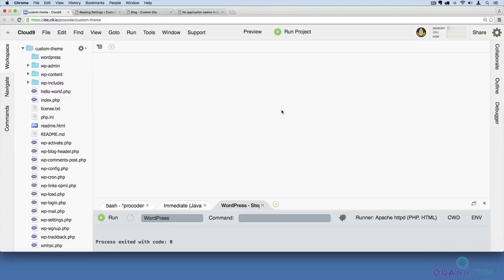So there's one more thing that I really want to show you that's pretty cool and fun to use, and it's custom fonts. How do we add custom fonts to our theme pretty easily? Well, there's one way you can do it using Google Fonts. So if I start up my server by hitting Run Project, and then go to this URL here,